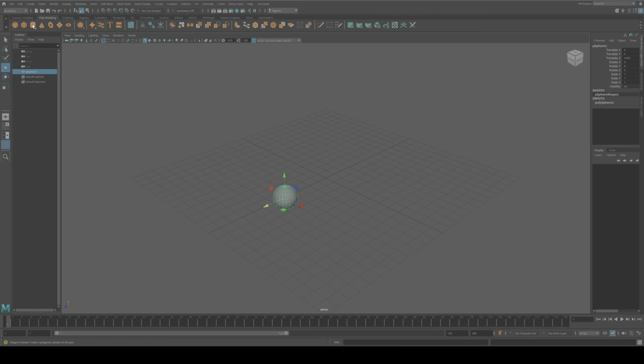Try it again. Click on the cylinder. And here we are, right in the middle of your viewport. Now that you're acquainted with the shelf, what if I told you you can create your own personalized shelf? It's like customizing your phone's home screen.